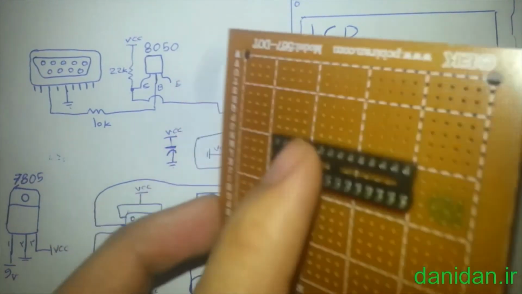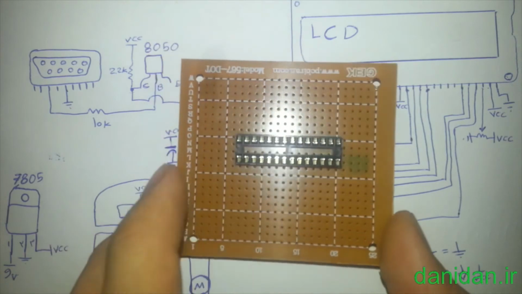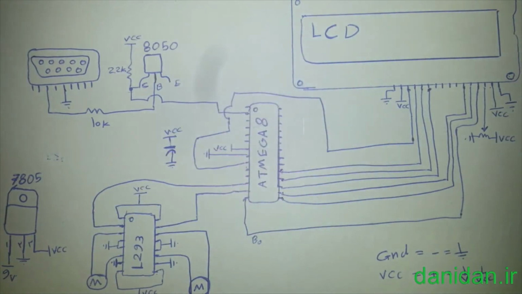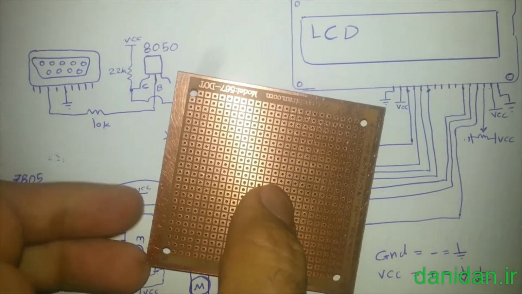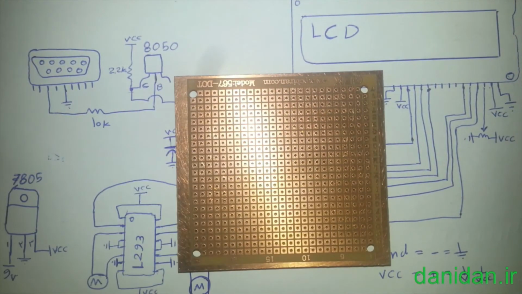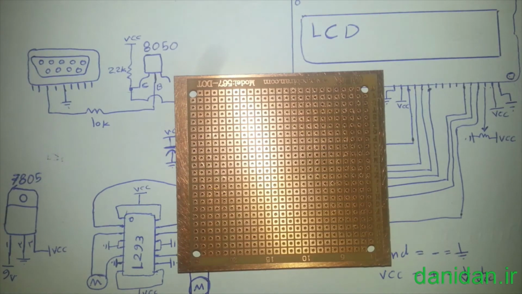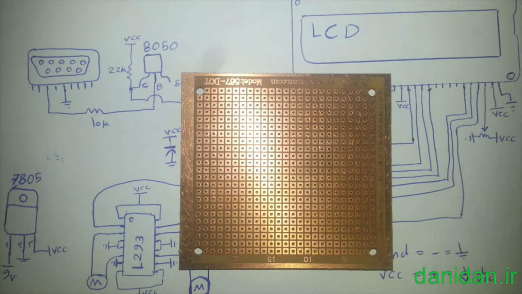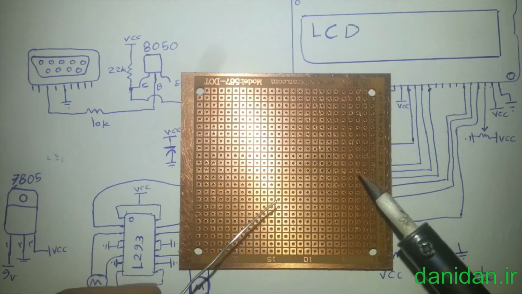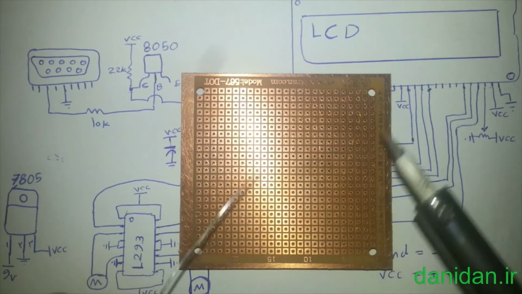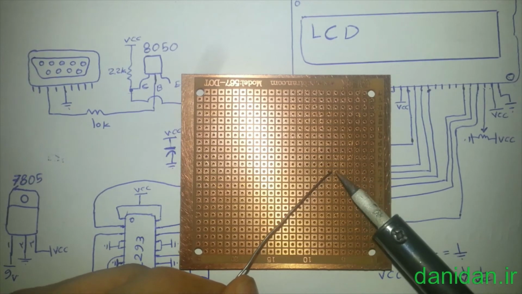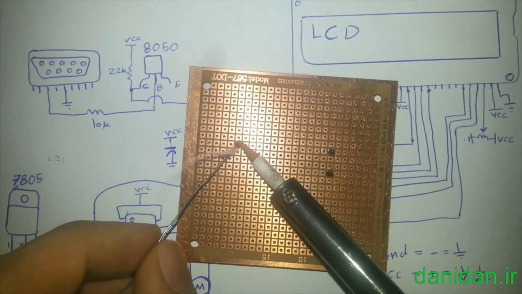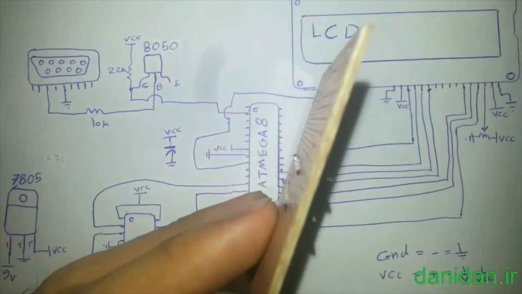So let's begin soldering our board. I try to put the microcontroller socket on the center of my dot board, and then I just try soldering my socket pins to the dot board just like that. Okay,